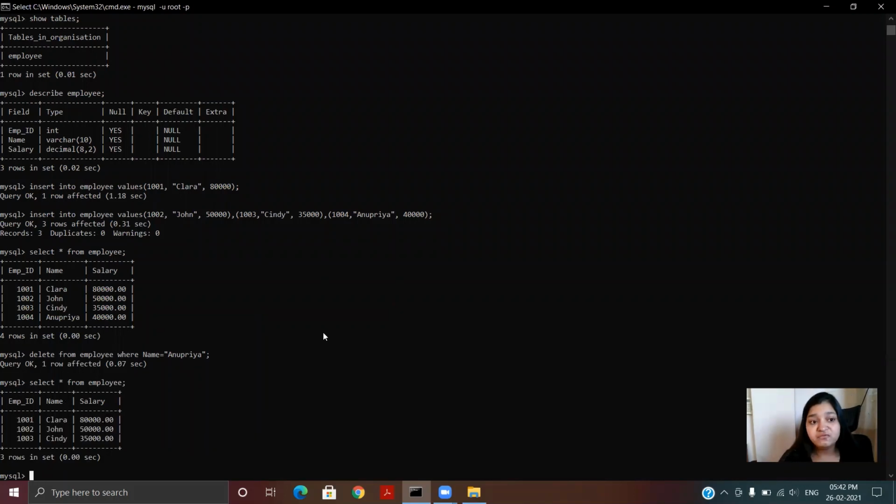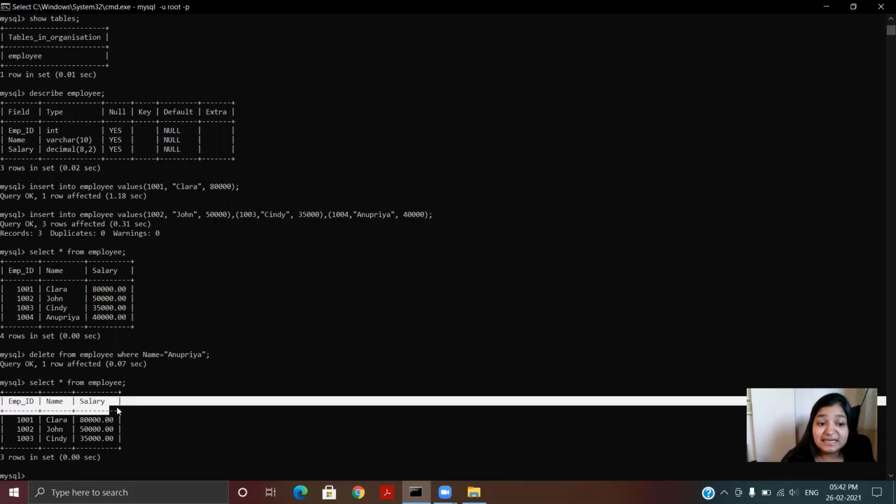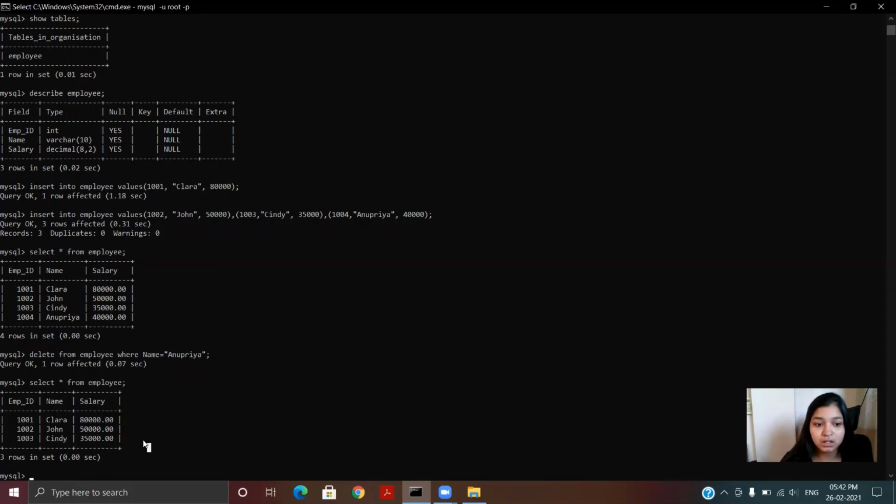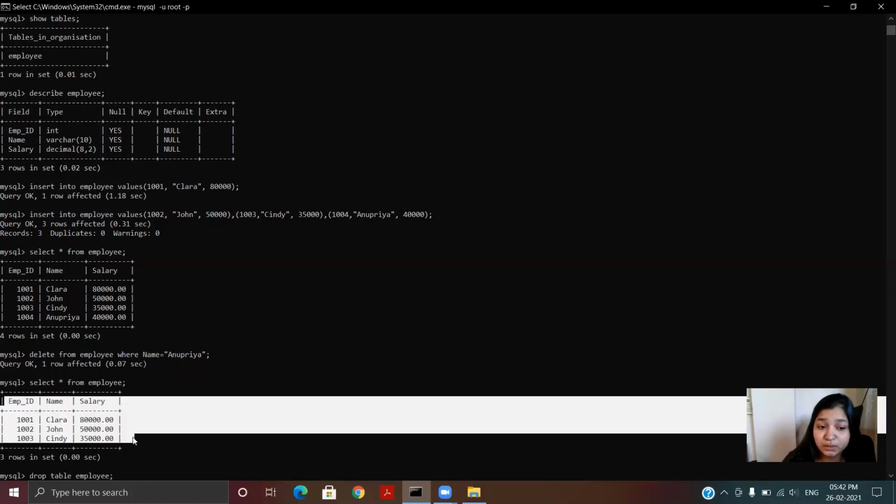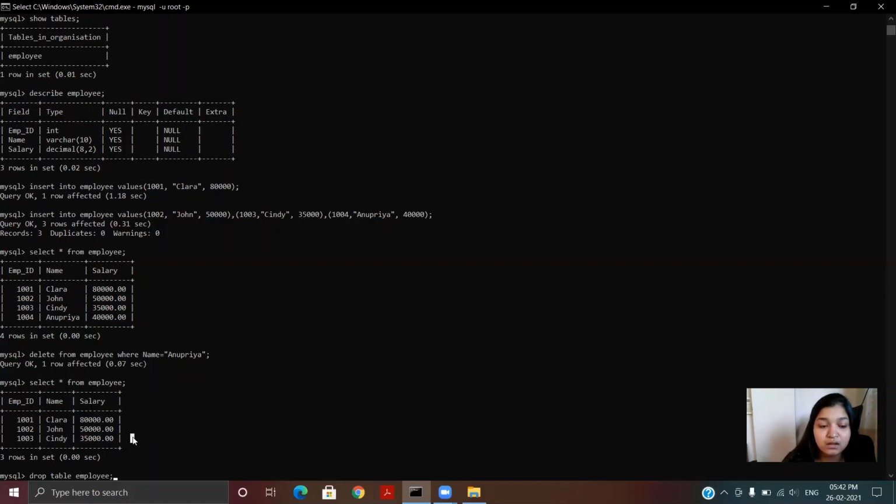Now, if you want to delete the whole table, and remove the attributes as well from the table, what you can do is you can drop the table. So for that you can write drop table and then the table name. This will delete the whole table including the attributes as well.